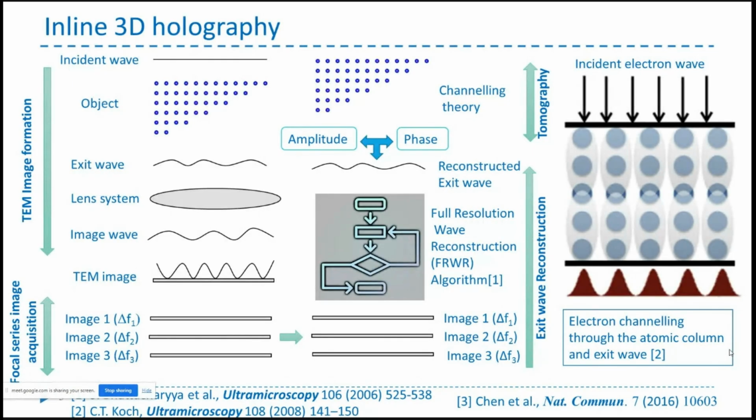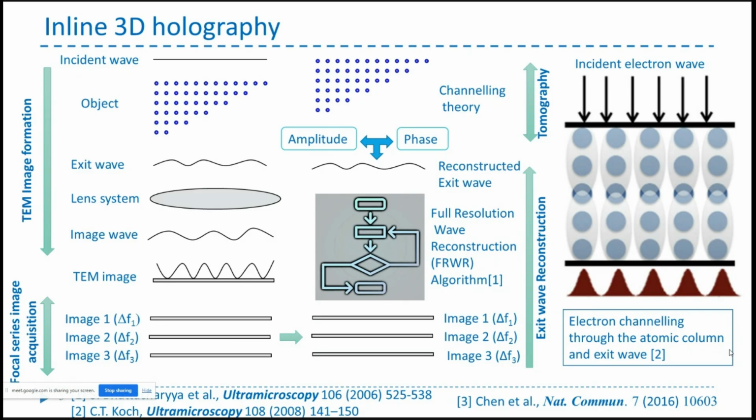So it means that all my material-specific information is actually stored in the phase of the exit phase wave. If we can get that, we'll get all the information about the material. Then it goes to the lens system, where the lens imparts its aberration, so finally you get a more distorted wave. And finally, what you take as an image, then image means I.